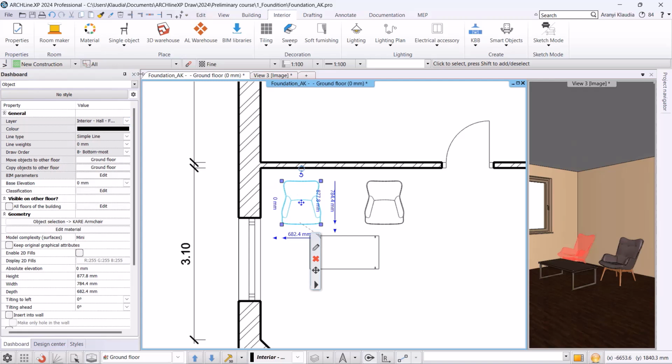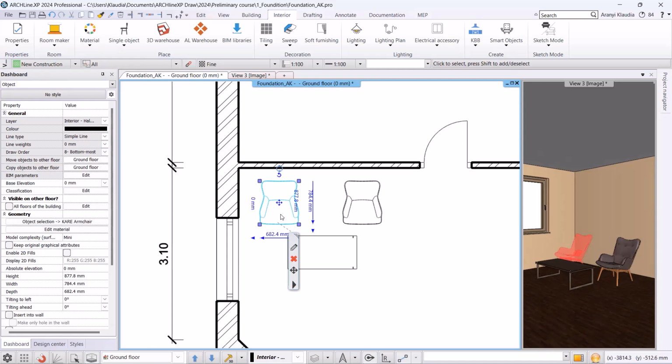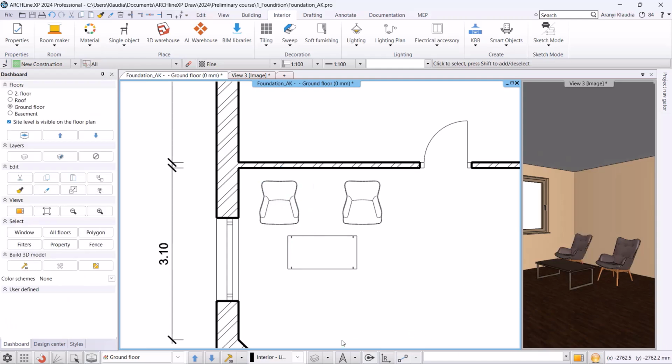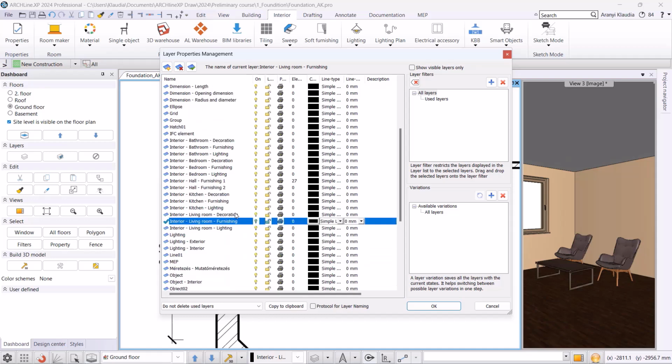We worked well. Let's see how to turn off these layers, because when I turn on one furnishing version, I won't need the other. I go back to the layer manager, and turn off the interior hallway furnishing 1. If I double-click on the small light bulb, it turns gray, and the lock closes. This means it will not be visible either in 3D or on the floor plan, and I cannot edit or